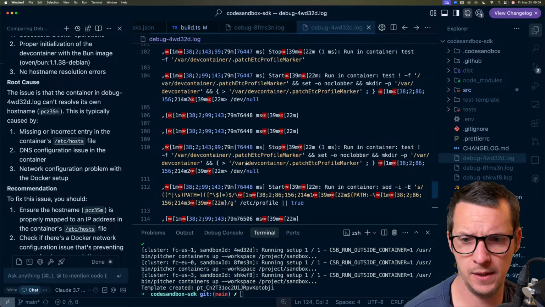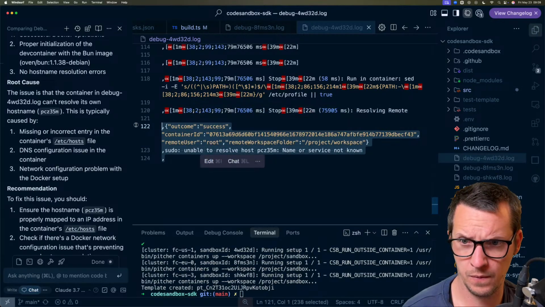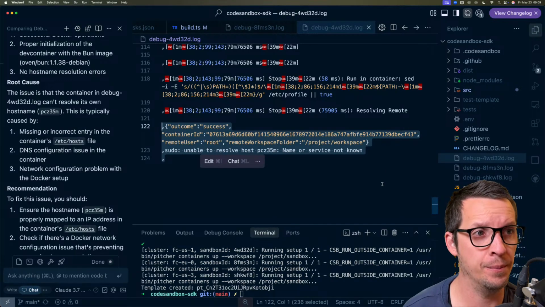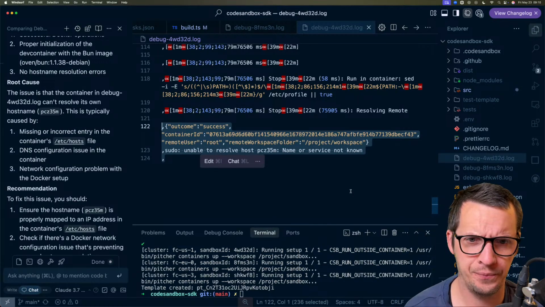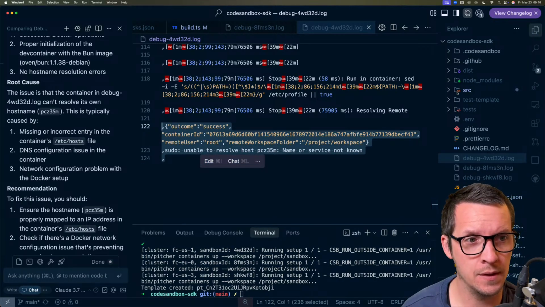Okay, I guess this is the actual problem. But outcome success? That's weird. That's definitely not a success outcome. How am I gonna pass information? Just 2 seconds. I just need to paste this on Slack. I'm gonna be a little bit careful with Slack so I don't